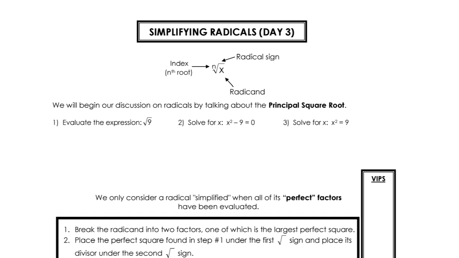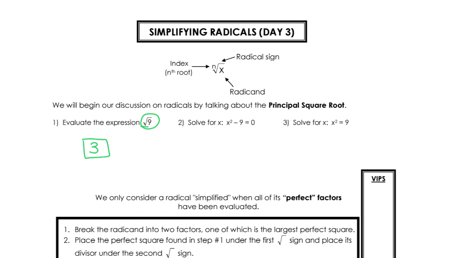All right, but as soon as we start to learn the process, we just apply that process to whichever number is in the crook, which is called the index, okay, or the nth root. All right, so it says in number 1 here, we're going to begin our discussion on radicals by talking about the principal square root. It says evaluate the expression square root of 9. Remember, square root of 9 is a perfect square, and so the square root of 9 just becomes 3,